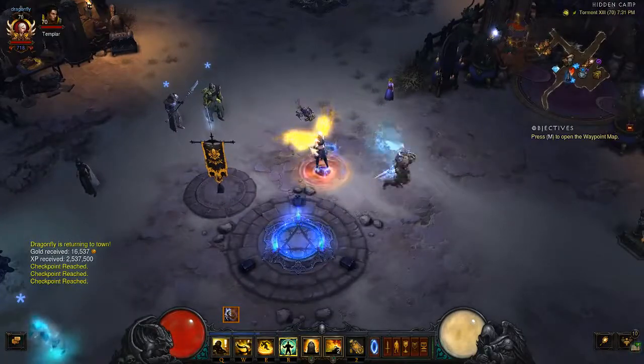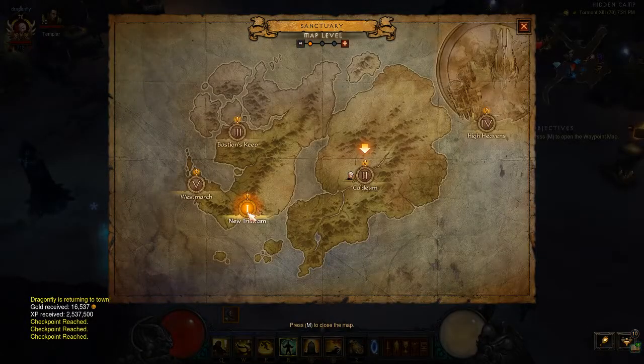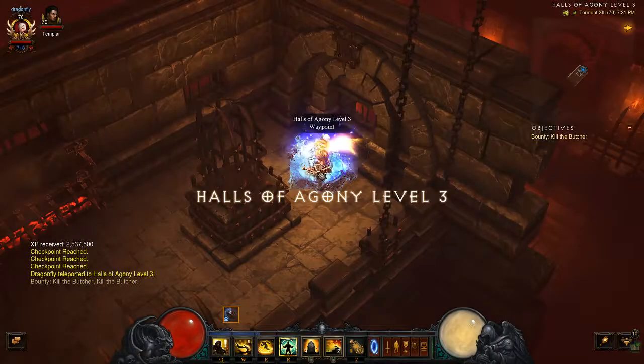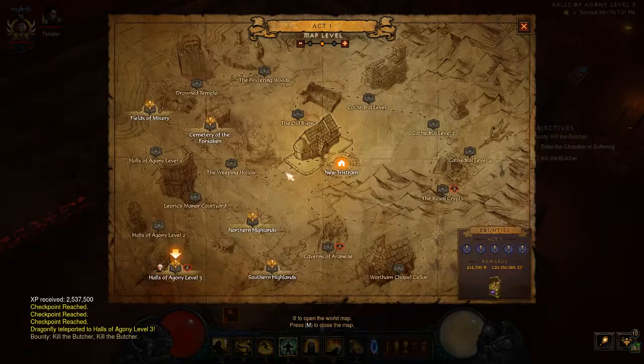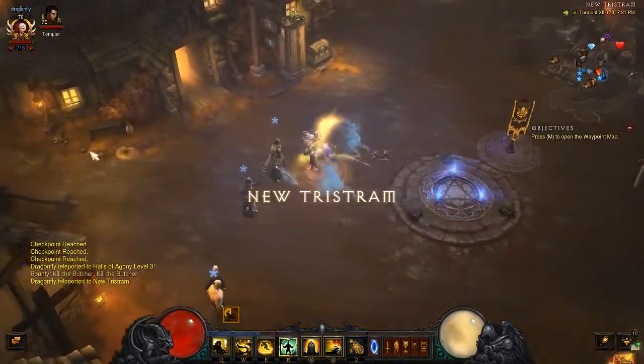And then what you do is you go to your waypoint, you go to Act 1, and just run through Horsvagen at level 3 until you're about level 10 or 12, whatever you feel comfortable at. So then at level 10, return to town,